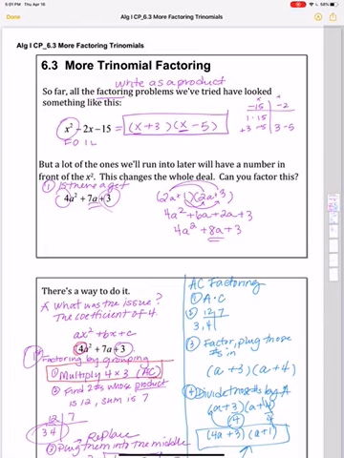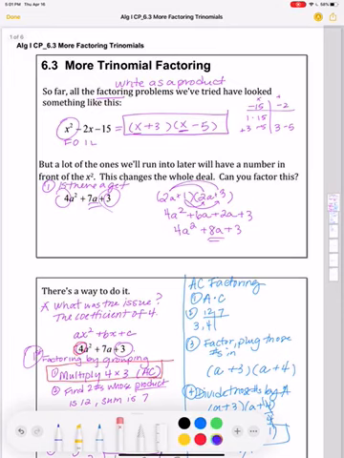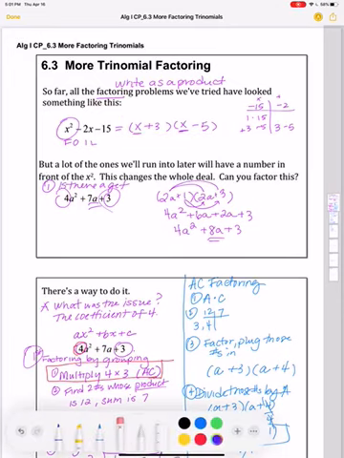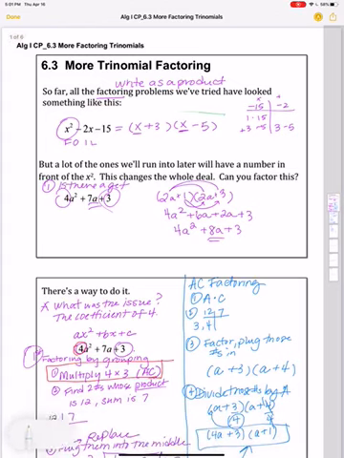And so we factored that into x plus 3. So I'm up here at the top if you're unsure where I'm at. x squared minus 2x minus 15 equals x plus 3, x minus 5, where we looked at what times what gives us negative 15